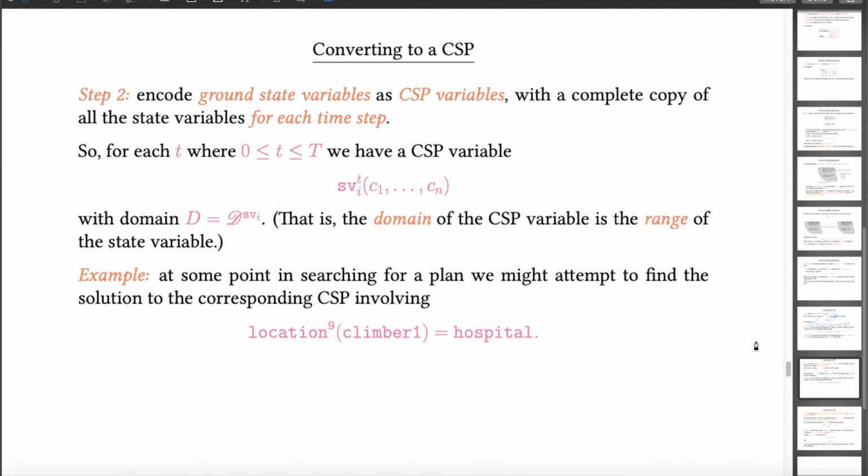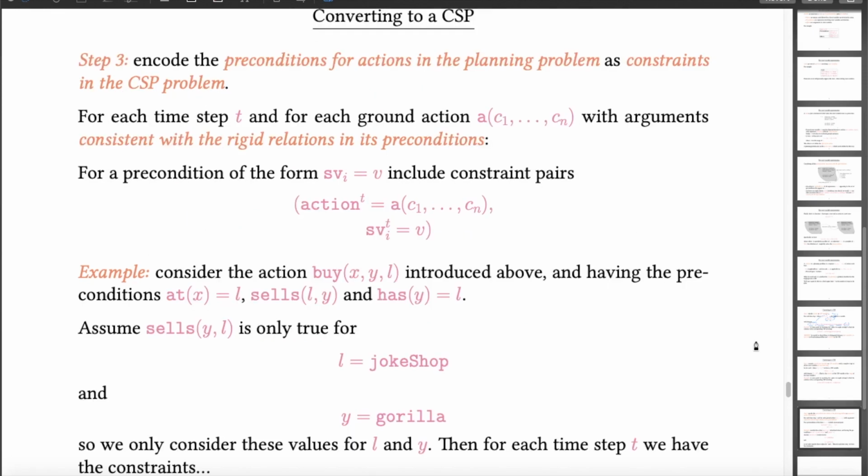Now we have a copy of location climber 1 for every possible step in the plan, and for each copy, the corresponding domain contains hospital and any other possible locations within the world that we're modeling. So now we have variables that can represent the state within the state variable representation at any given time in a plan,